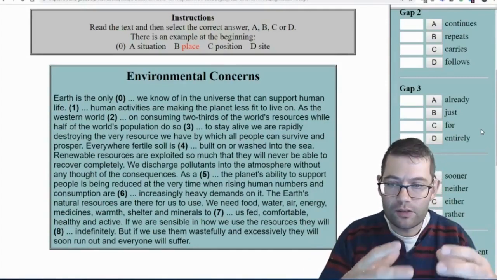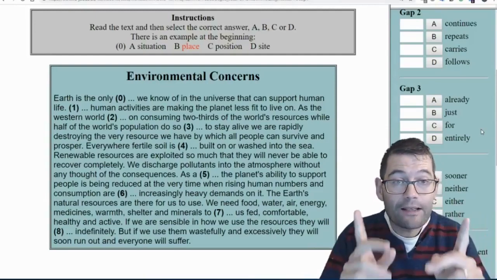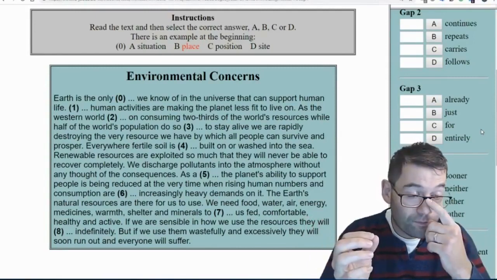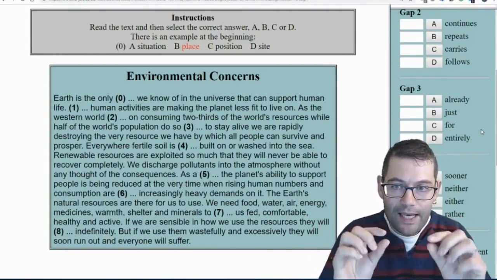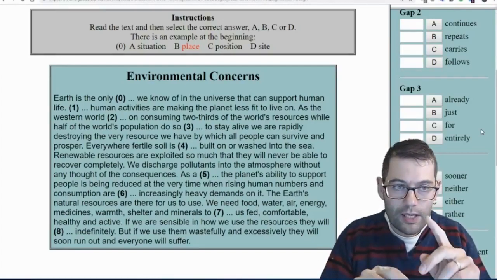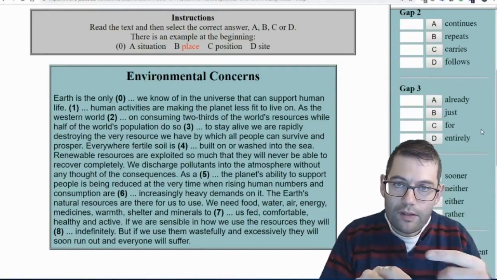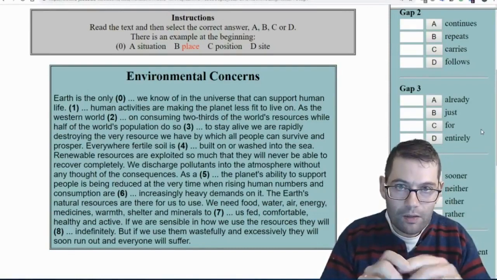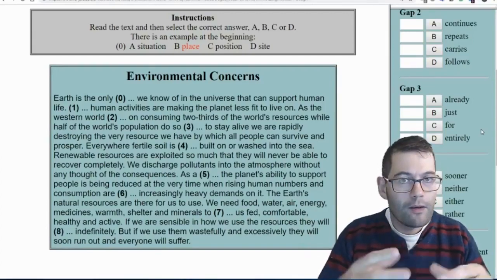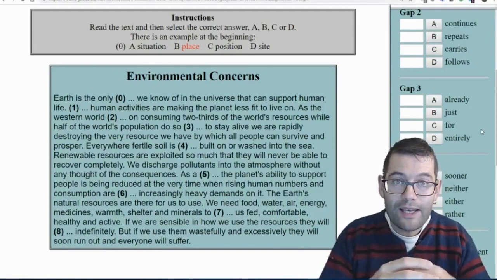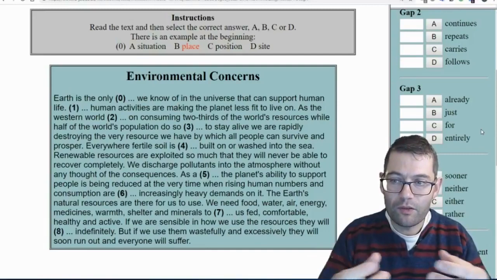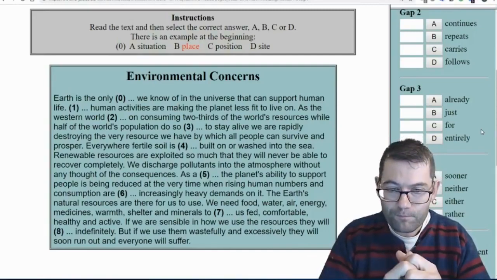Can we say follows on? We can. So we're down to C and D. So which one is our answer? The answer is C, and that's because of the language structure which follows. So you've got the preposition, and then you've got the gerund afterwards, so consuming, which is a gerund. Follows on consuming, that language pattern doesn't work. So from a language structure point of view, it can't be follows.